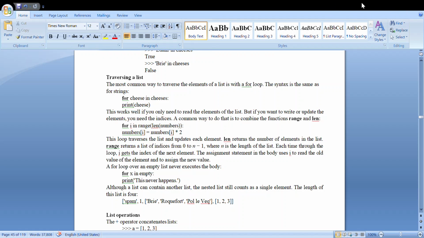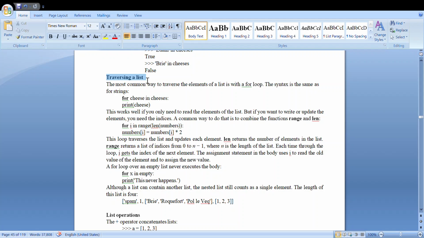Moving on with the next topic of traversing a list. In the previous video, I explained the basics of a list: how we can define and declare a list and add values to it, how you can index the elements, and how lists are mutable, meaning we can reassign the values in a list. We also looked into the usage of the in operator in a list, and a few sample programs. The next topic is how we traverse a list.